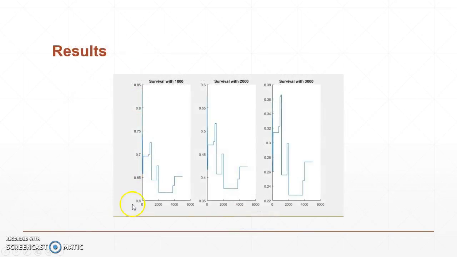This shows our probabilities of survival here, and this shows how many iterations or hours we've done. So that is our problem number